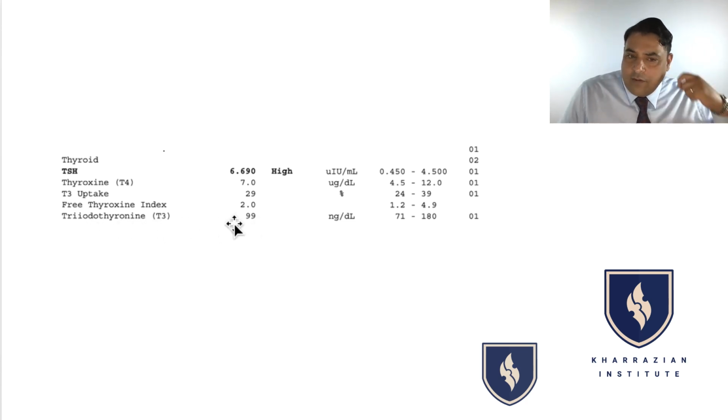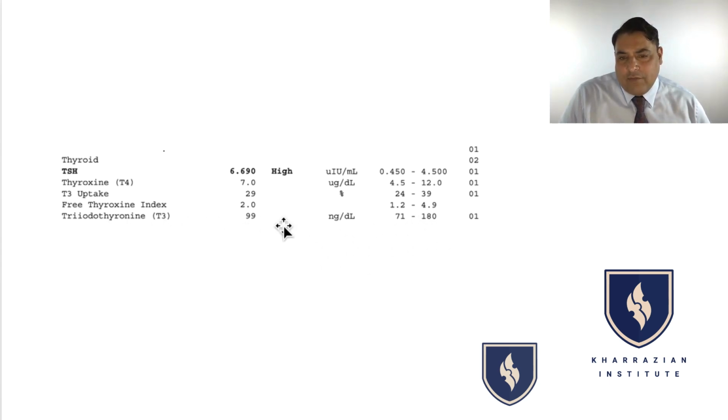So this is a basic thyroid panel, and what you see is the patient is making T4 at 7. The range is 4.5 to 12, so it's within normal ranges. And then the T3 levels are within the normal ranges here. We can be more critical and talk about a functional range, but as far as the lab is concerned, these are